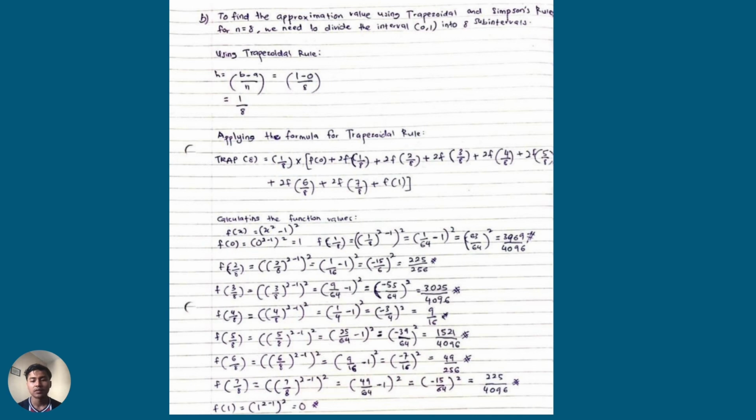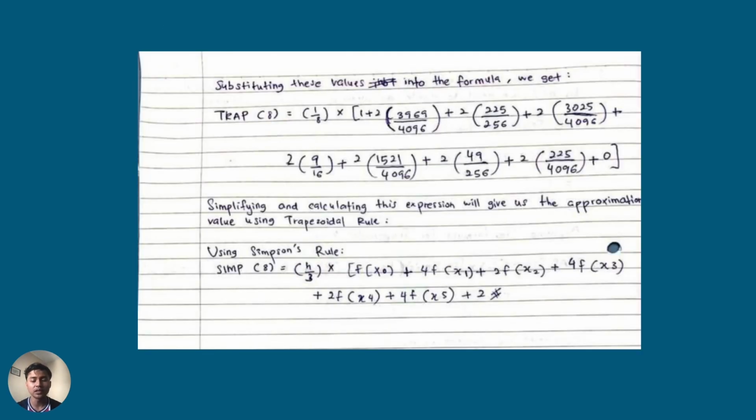So next, lastly, substituting these values into the formula, we get the trapezoidal rule: T8 equals (1/8) times [1 plus 2(3969/4096) plus 2(25/256) plus 2(3025/4096) plus 2(6/9)